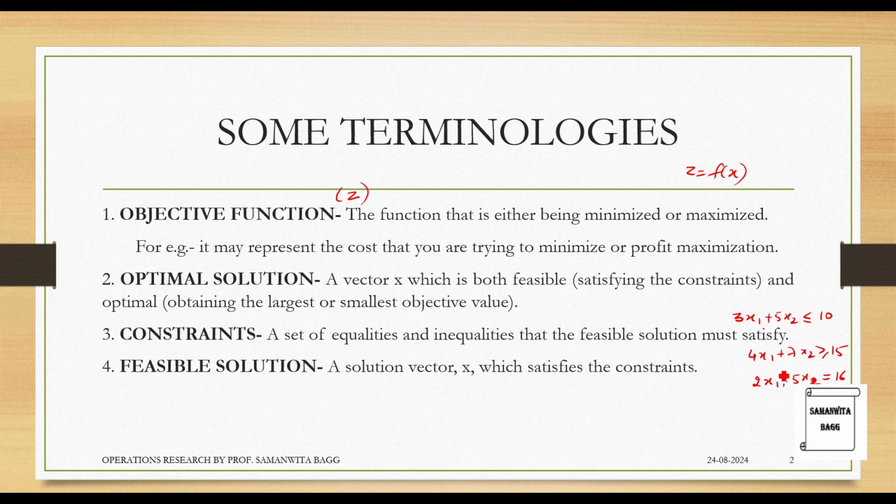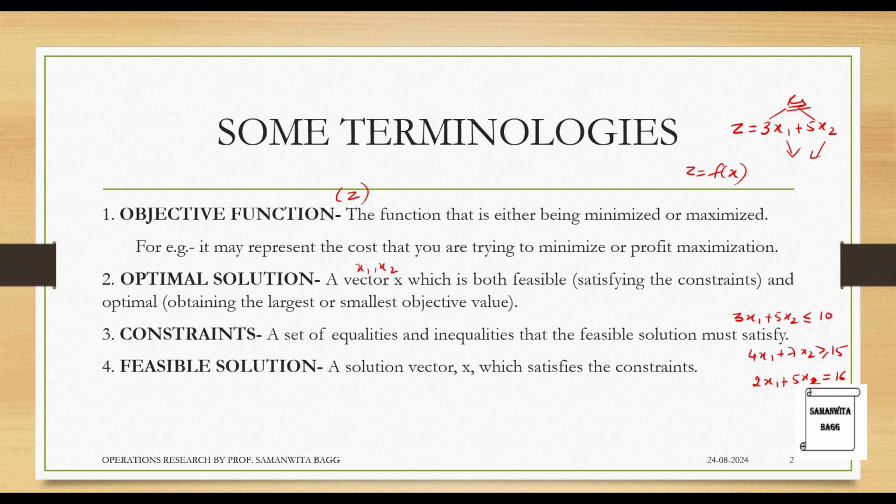Your x1 and x2 are going to be the optimal solution vector. For example, x1 and x2 that you have. So this is what you want to find out. And your Z will be in terms of x1 and x2, where, say, 3 and 5 are certain prices in rupees for a particular product, and we want to find out how many x1 and x2 you need to produce.